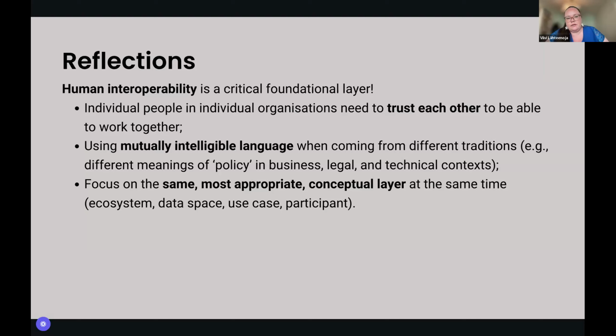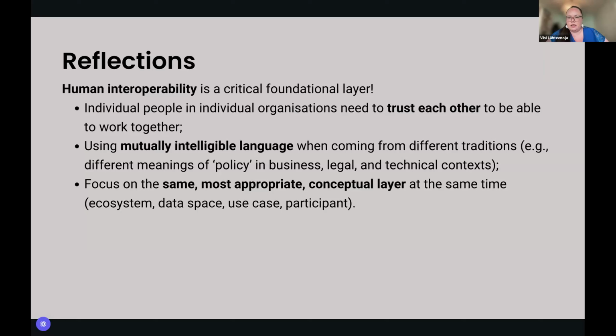And this is part of the rulebook process that 1001 Lakes coordinated in the Potato X project, is that we need to bring relevant individuals from the different organizations together to agree on the ground rules and basic principles of collaboration. And it is really about individual people